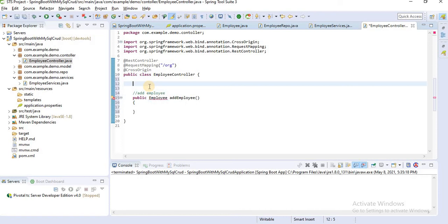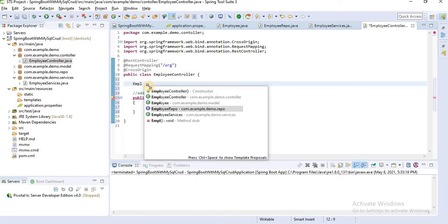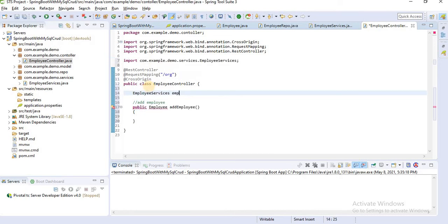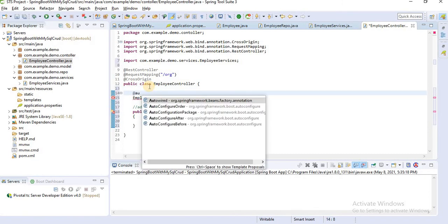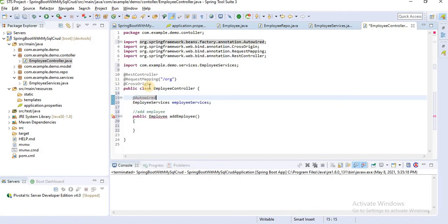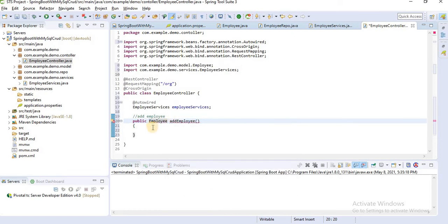We are not creating the object, we are just using AutoWire and passing the value. Let's create an AutoWire employee service here, and just add the AutoWire annotation. We have added AutoWire, then we don't need to worry about it, just add the employee package.